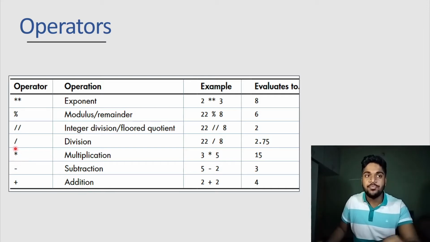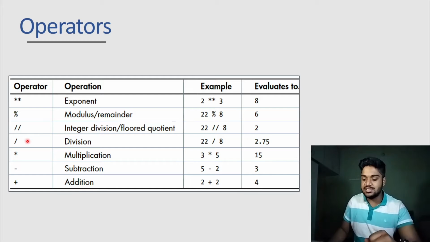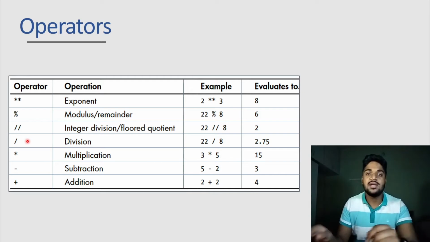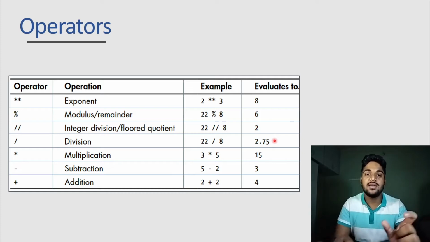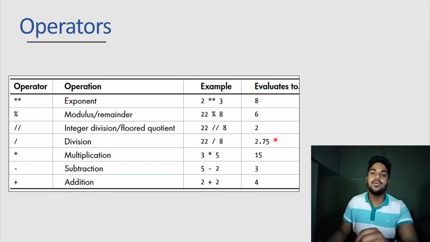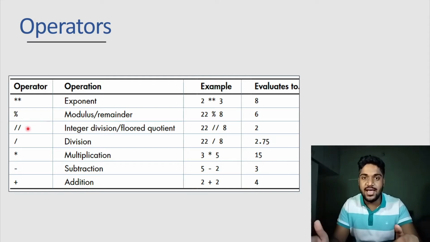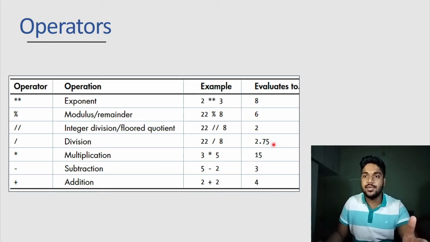It's the multiplication symbol. In Python there are three types of division, each of which gives different values. For example, the first one, just a single slash, is a division and it will give you the exact value of that division. For example, if you are doing 22 divided by 8, it will give you 2.75, with the decimal, the exact value. But if we want only the floor value, we can use a double slash to get the floor value or quotient. So this will be your quotient, 2, without a decimal. This is an integer and 2.75 is a float value. We'll see what they are in a bit.